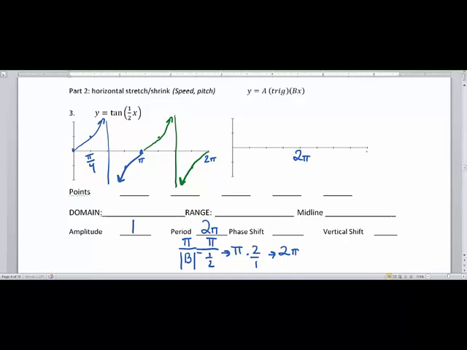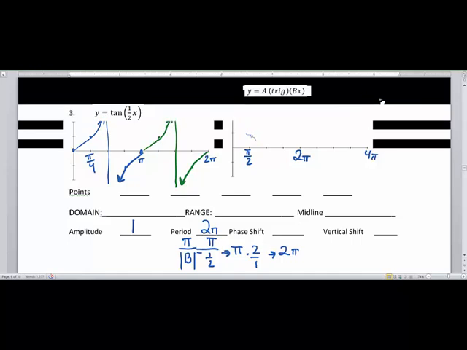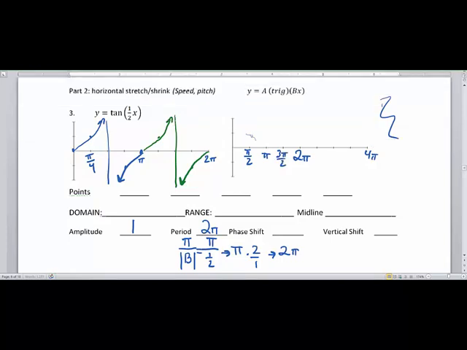Now what's nice about this is this kind of brings us back to what we're familiar with, a gap of pi over 2. This brings us to, hold on a second here, pi and 3 pi over 2, 4 pi over 2, 5 pi over 2, 6 pi over 2, which is 3 pi, and then 7 pi over 2. Okay, so this brings us to all of these